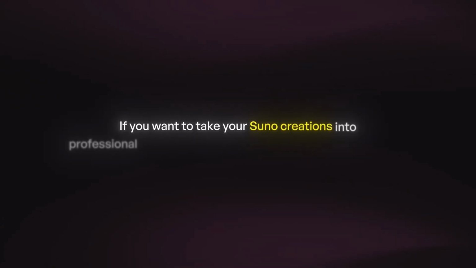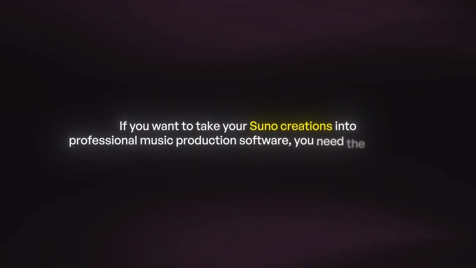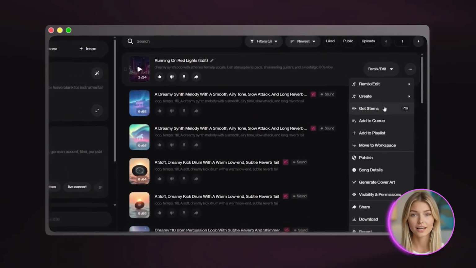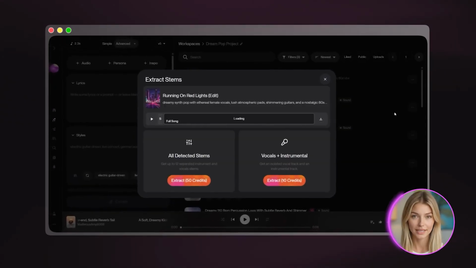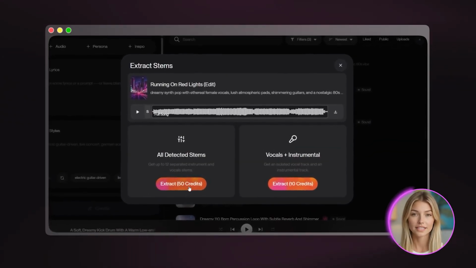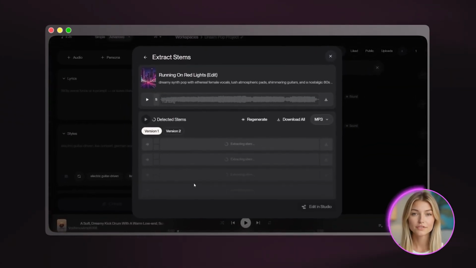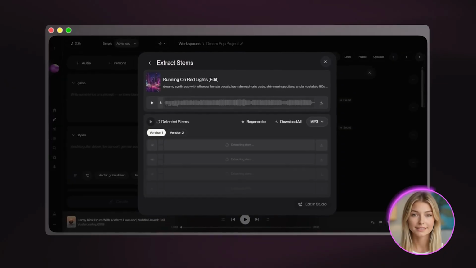If you want to take your Suno creations into professional music production software, you need the stems. Stems are the individual tracks that make up your song, like vocals, drums, bass, and other instruments separated out. I'll click the 3 dots next to our song and select Get Stems/MIDI. I'm going to choose to get all the stems separated, which gives me individual files for drums, bass, synths, vocals,